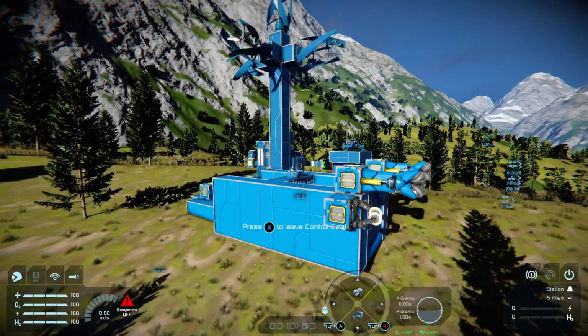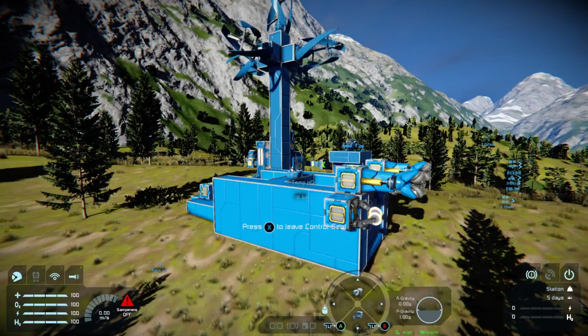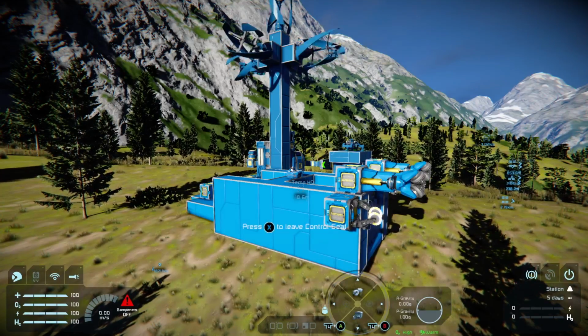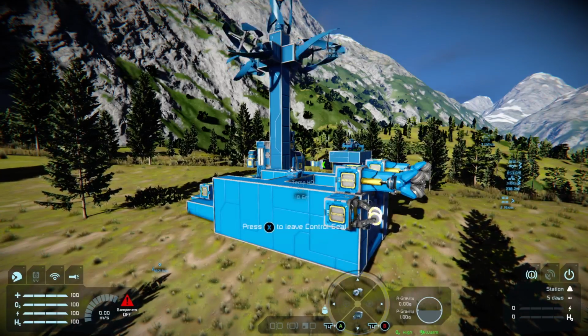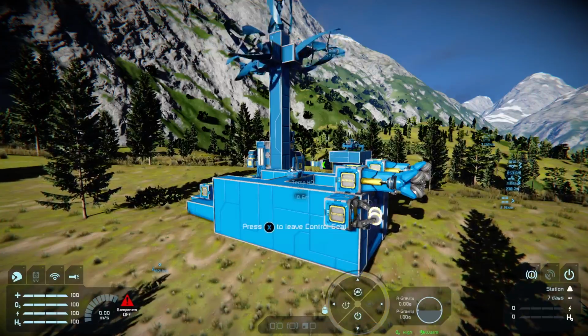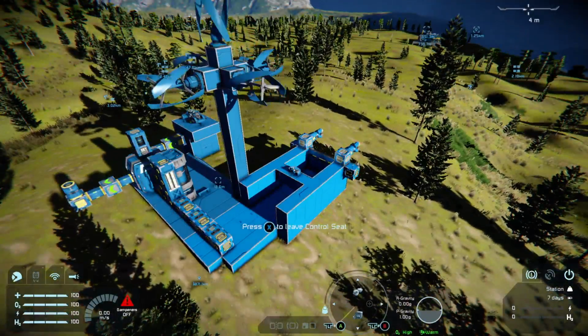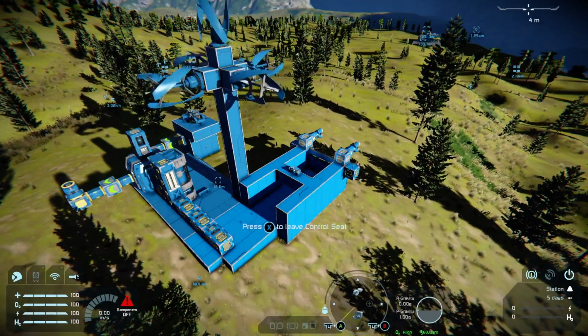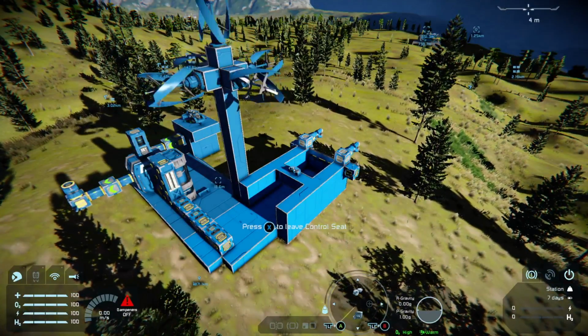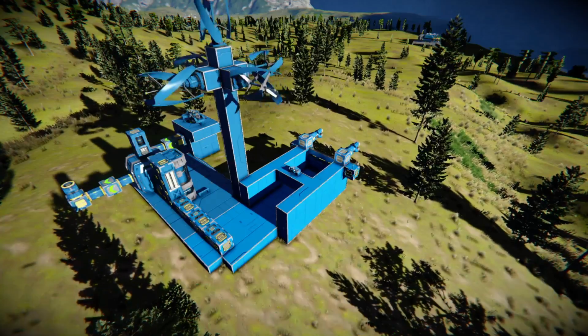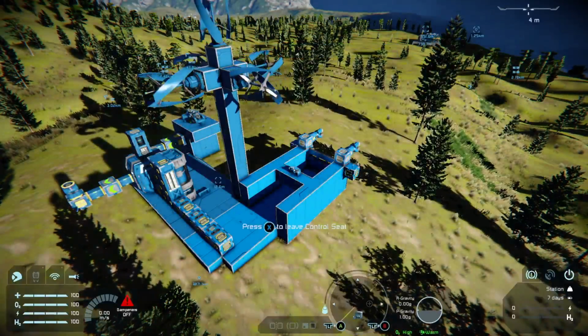There you go, our grinders working at the bottom. And that is how to group tools and weapons onto the D-pad, shortcuts, and how to remove them.